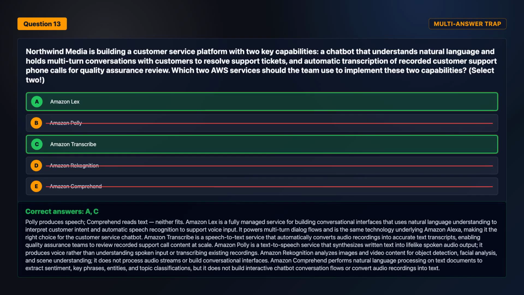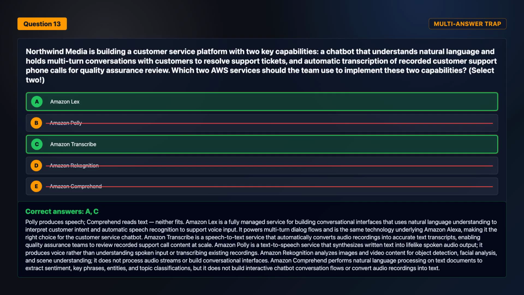The correct answers are option A and option C. Polly produces speech. Comprehend reads text, neither fits. Amazon Lex is a fully managed service for building conversational interfaces that uses natural language understanding to interpret customer intent and automatic speech recognition to support voice input. It powers multi-turn dialogue flows and is the same technology underlying Amazon Alexa, making it the right choice for the